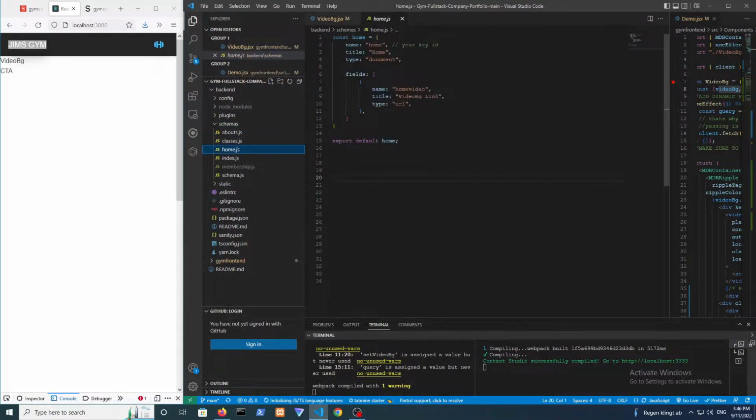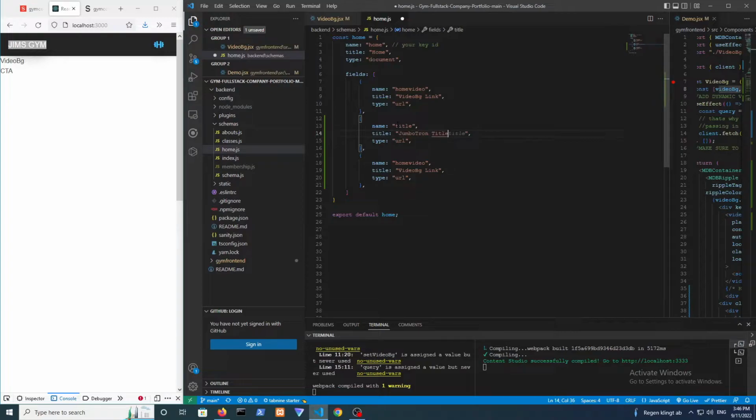So let's think about it. I already added previously the schema for the home that already has a field for the home video, but we want two other ones, which is going to take the description and the title. So let's copy and paste this 2 more times, but let me change this to title and change this to Jumbotron title, for example. Type is going to be a string,